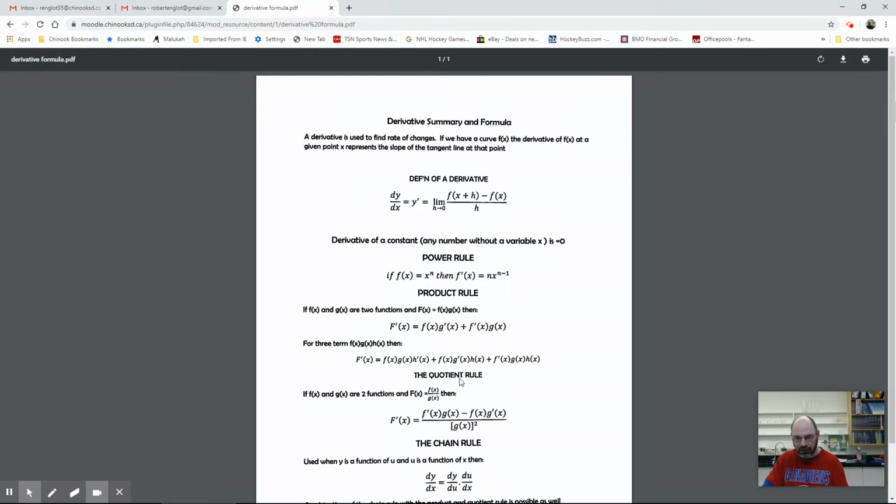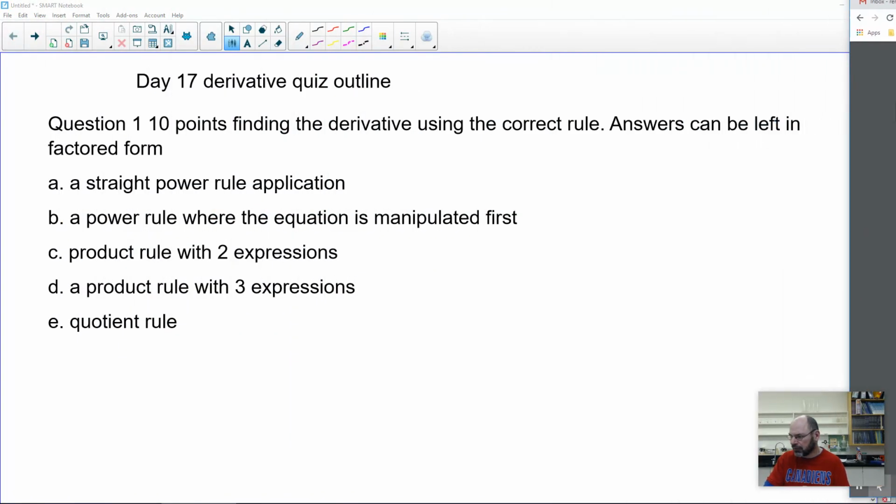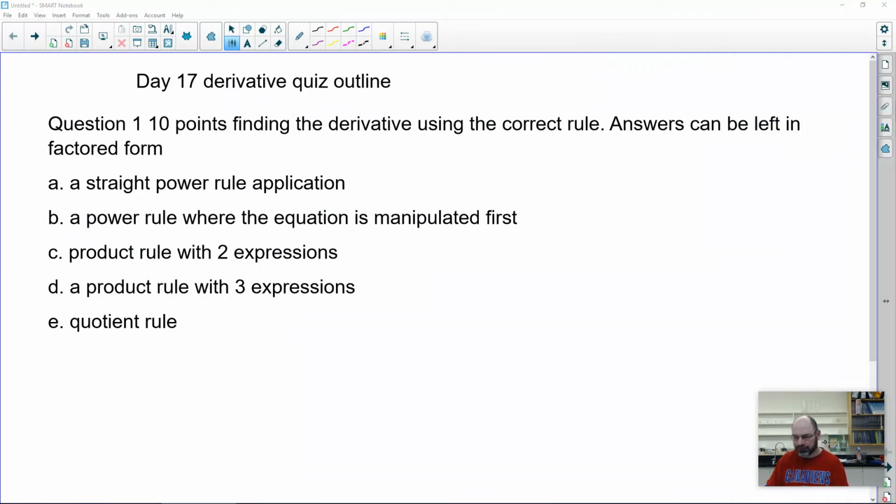Okay, so let's do an example. I'm not going to do all 5 of those. Those are basic applications of these rules. Let's do the quotient rule one. Let's do a quotient rule example, just to do an example here. So say something like you would have a y equals, I don't know, 6x squared plus x all over